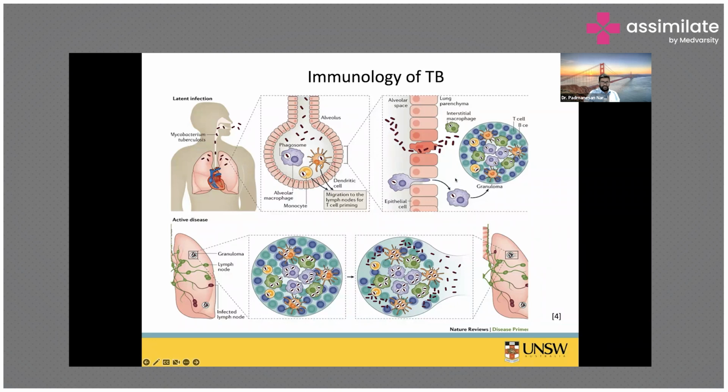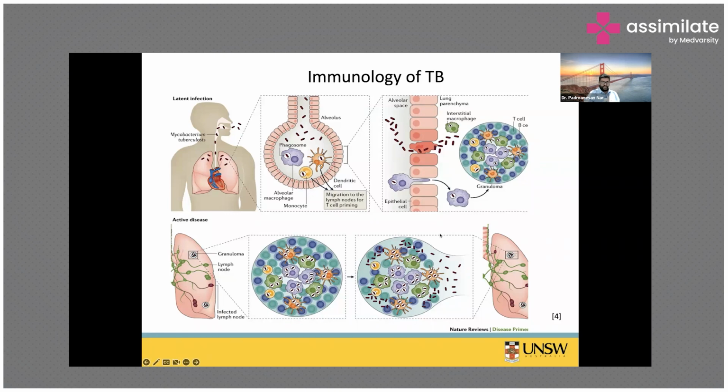But if the immune status alters, if they become old, or if they have risk factors like HIV, diabetes, smoking, indoor air pollution, malnutrition, all of that, then the TB bacilli can come out of the granuloma. They breach that granuloma shell, and they come into the lung parenchyma, go back into the blood supply of the lungs, and then they come into the bronchus.